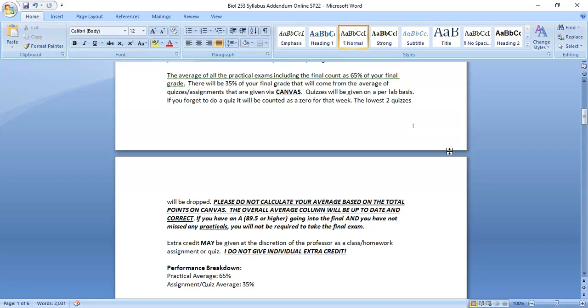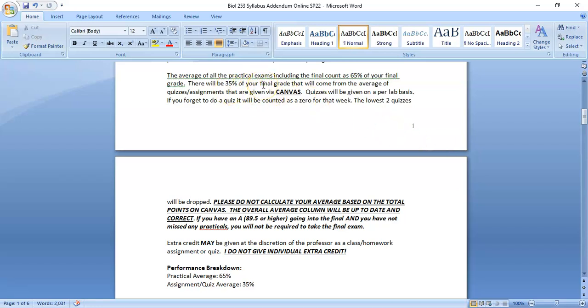So if you do poorly on one exam, it's not going to completely sink you for the course, but you need to make sure then that you rebound on the following tests, all right? Because one exam is just a small percentage of your grade. Now, 35% of your grade is going to come from